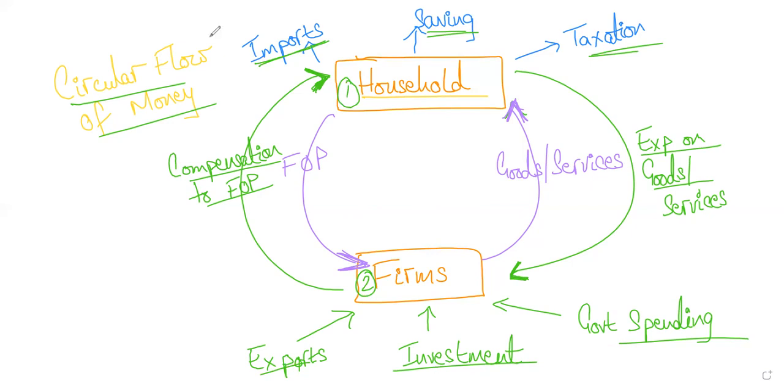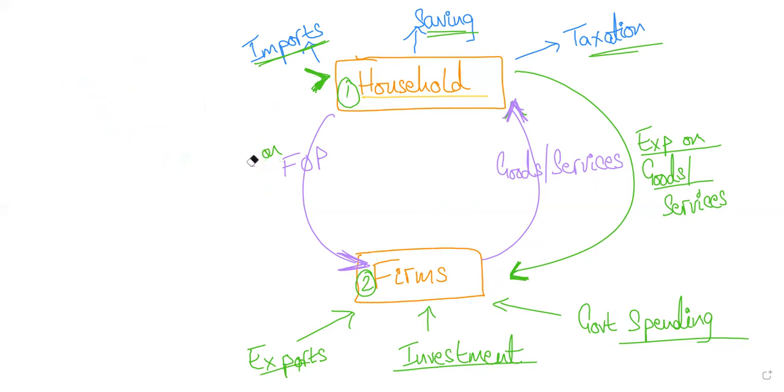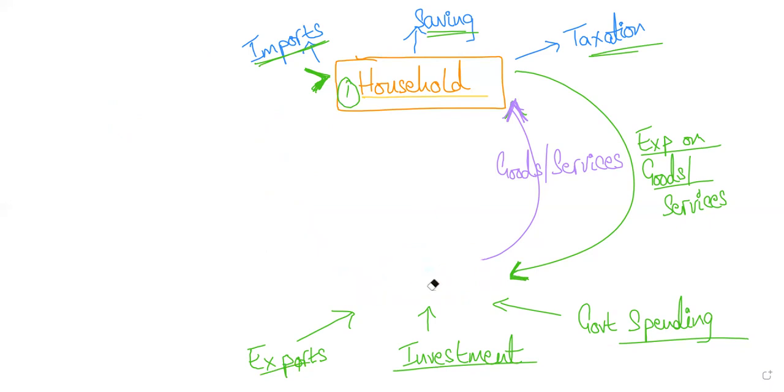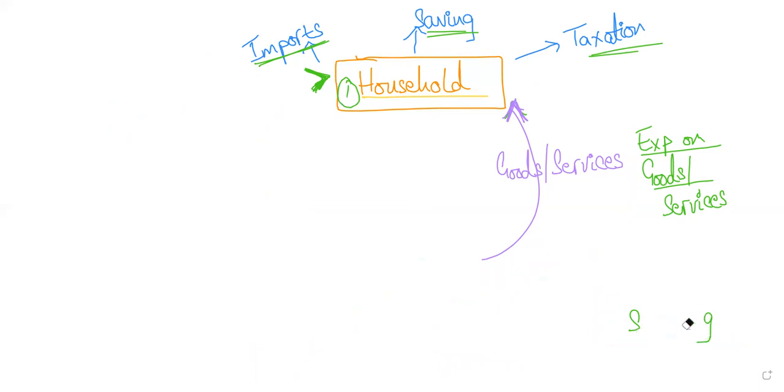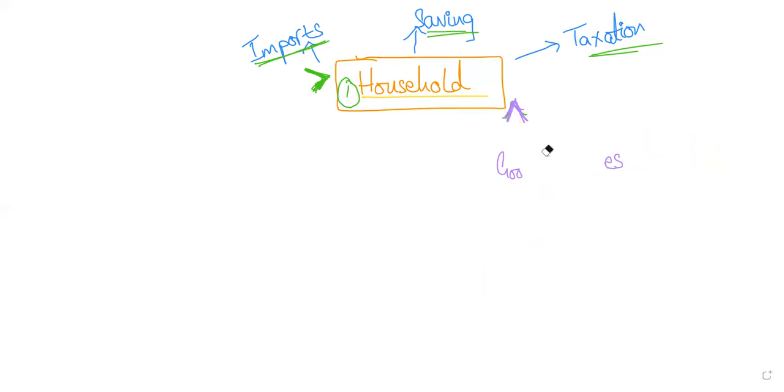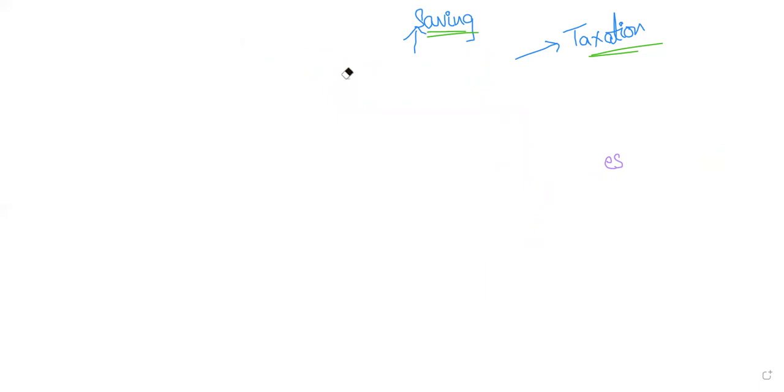Okay, now if this is clear, this was a fairly simple and easy thing, but this was important for us to understand what we're about to do next. What we're about to do next is talk about the Keynesian cross. Now, what is the Keynesian cross? Let me give you a little bit of an idea. The Keynesian cross is a model that predicts how much the GDP of a country will be. Let me write this down.